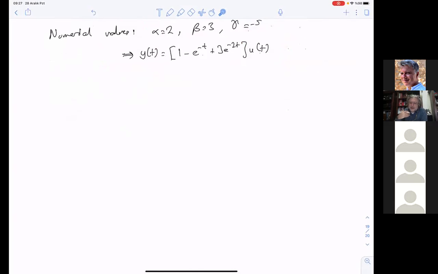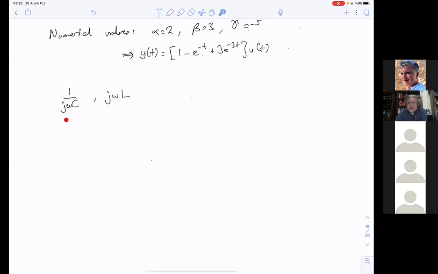What was the reactance of a capacitor? In other words, it was 1 over j omega C. And for an inductor, it was j omega L,